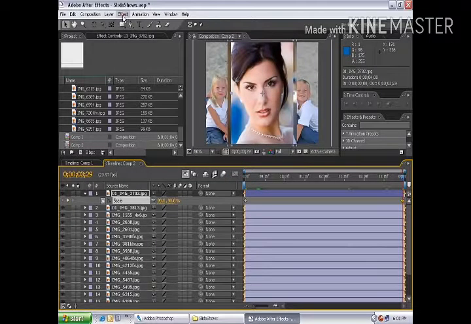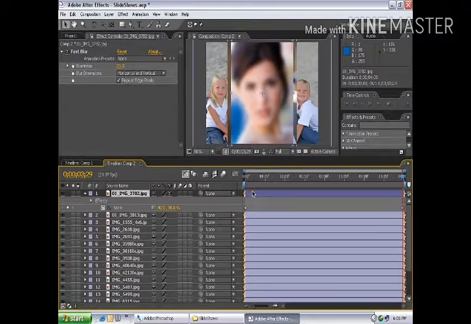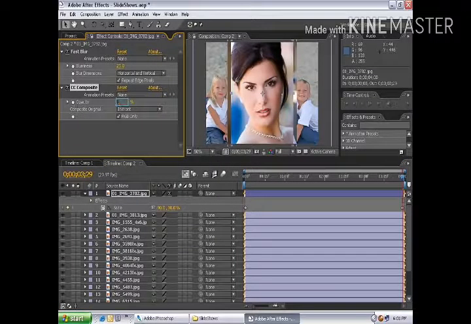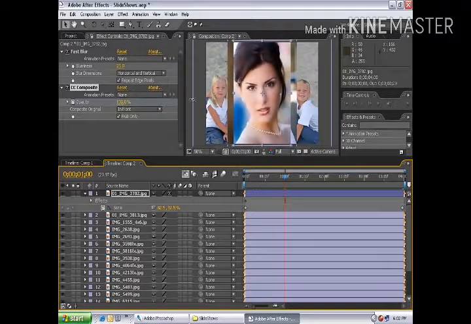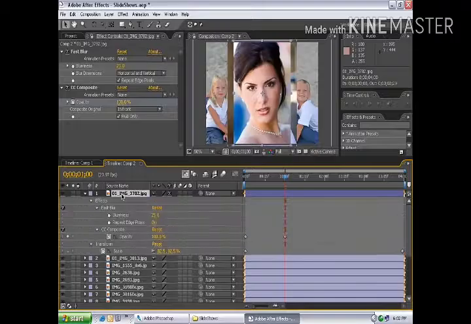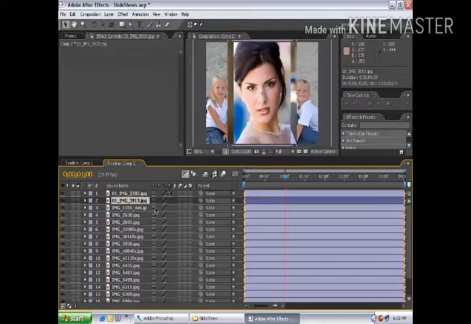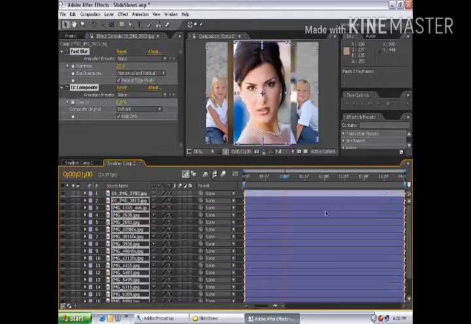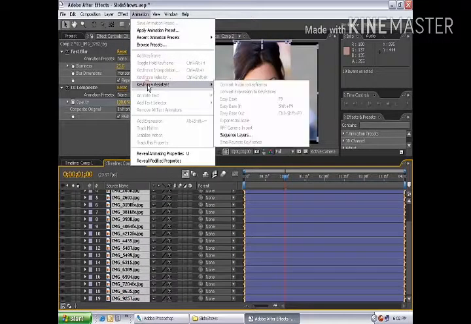then go to Effect, Blur, Fast Blur, 25, set Repeat Edge Pixels, select the layer, choose Effects, Channel, CC Composite, change the opacity to 0, go to the first frame, set the keyframe, move forward 1 second, set it to 100%, hit U U on the keyboard, bring up all the parameters, select the first one, hold down Shift, select Fast Blur, Composite, and Scale, hit Control C, select all your other layers, hold down Shift, select the last one, choose Edit, Paste, then hit the first layer, hold down Shift, select the last layer, choose Animation, Keyframe Assistance, Sequence Layers,